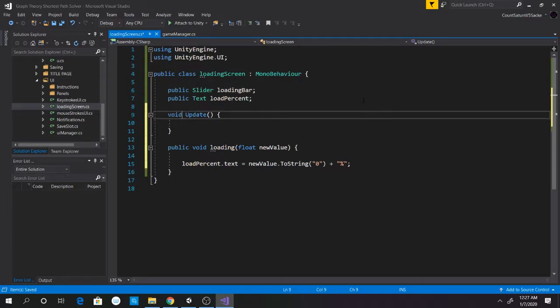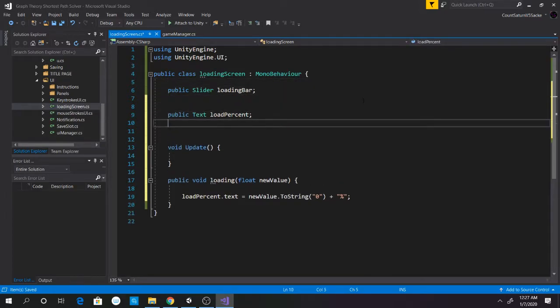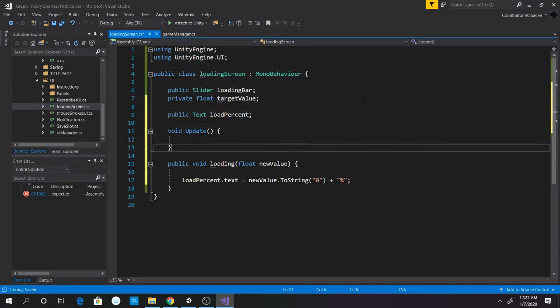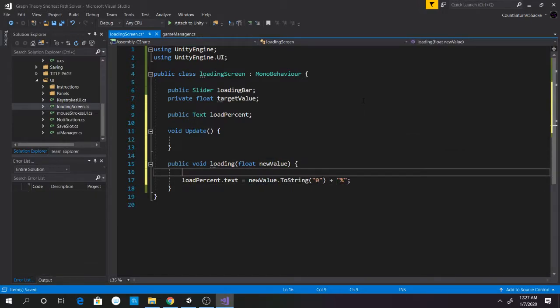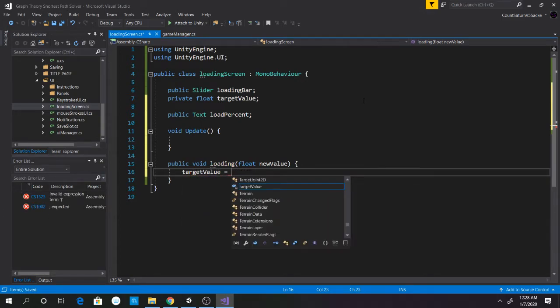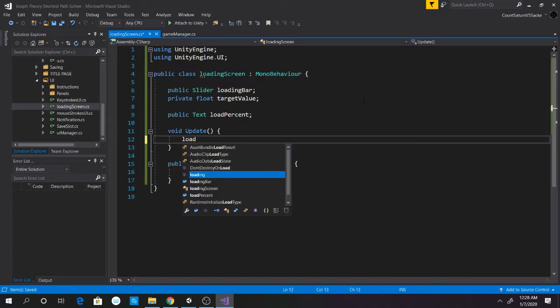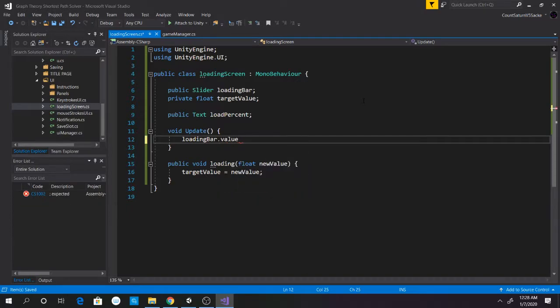A void update, and we're going to have a sort of private variable. A private float target value. I guess I could do it like that. Rather than just doing this, I'm going to instead do target value is equal to new value, like so, and we're going to instead do a lerp of some sort. So we're going to do loading bar dot value is equal to